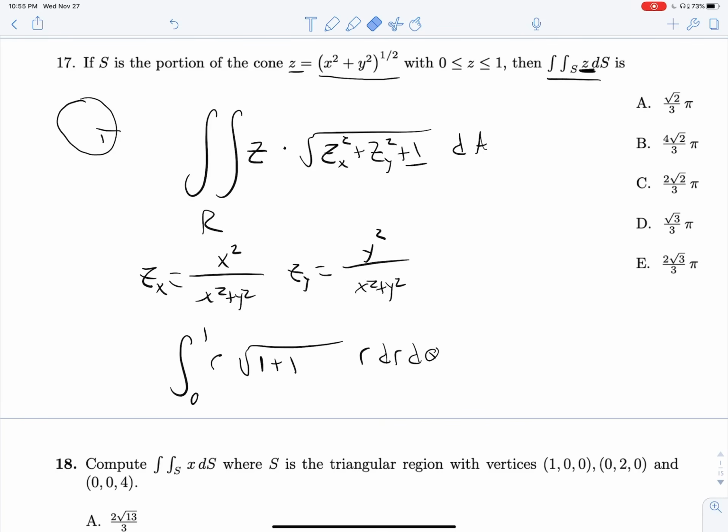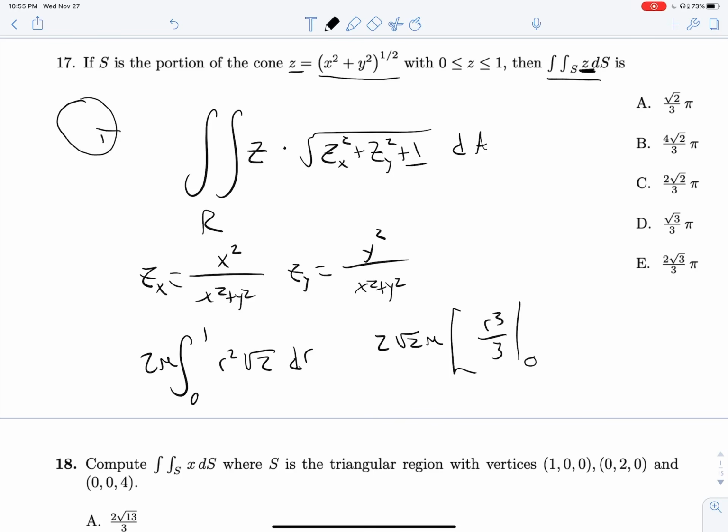We aren't bounded on theta at all, so we can replace that with a 2 pi, and we are good to integrate as long as I rearrange things. Okay, this is going to be 2 root 2 pi times the quantity r cubed over 3 evaluated from 0 to 1. Well, that's just going to be, let's see, 1/3. And so now we have a final answer of 2 root 2